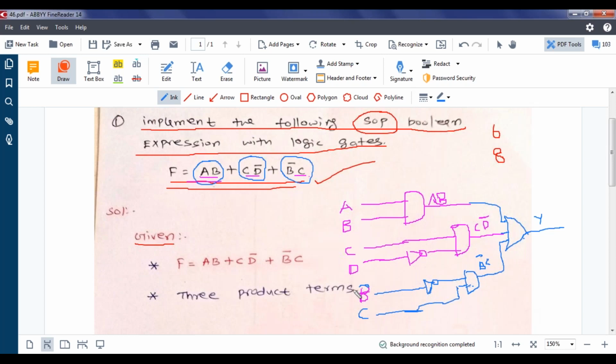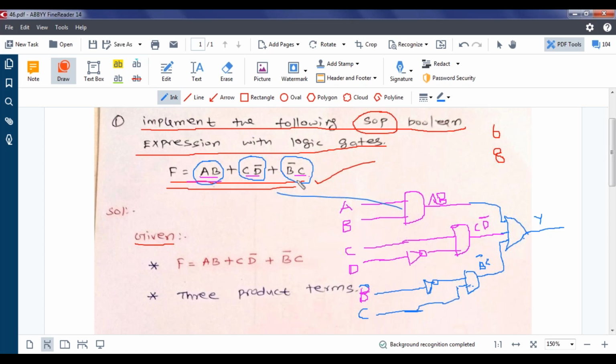Okay, so hope you all understood. First you want to carefully note down the given Boolean logic. So you want to take A, B as your input. A into B, so you want to give this A, B to your AND gate. Next, C, D bar. You want to make a line from C, and D you want to give to the NOT gate. If you give it to the NOT gate, D will be converted to D bar. After that we can give it to the AND gate, because this is C into D bar.